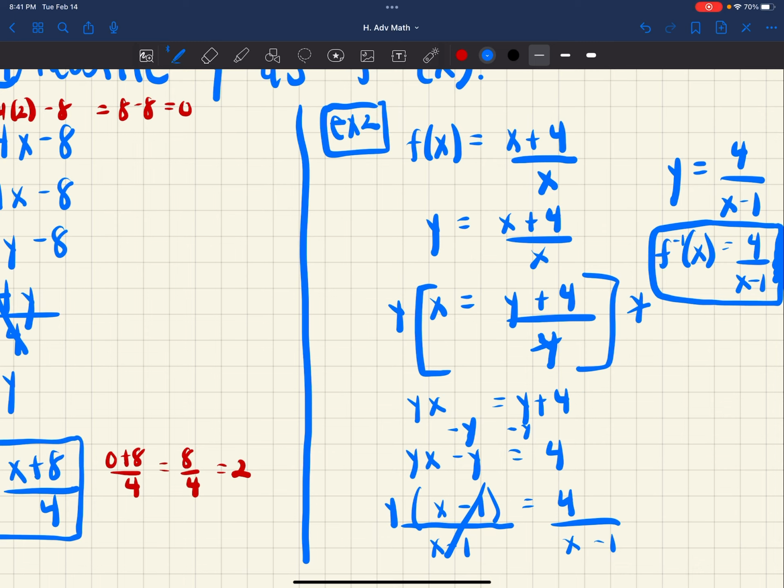The domain of this one would be all real numbers. However, you need to exclude the value of x cannot equal positive 1. And why is that? Because remember, you cannot have a value of 0 in the denominator of a fraction. And yes, I do want you all to get used to and comfortable with domain and excluding domain, especially with